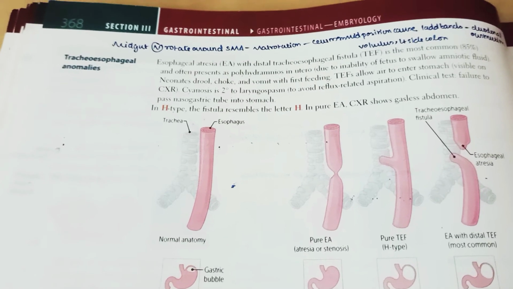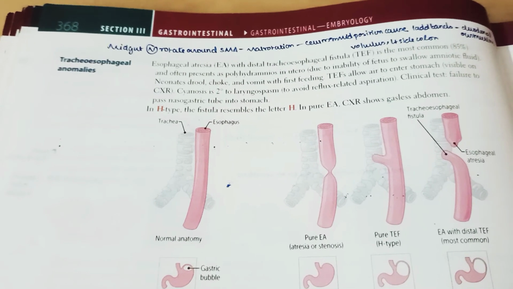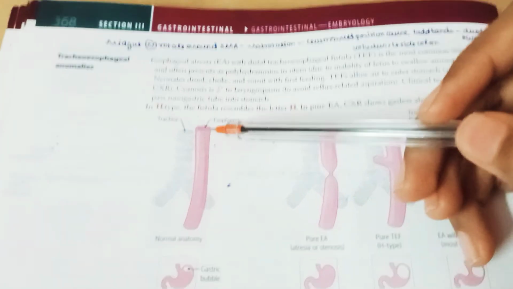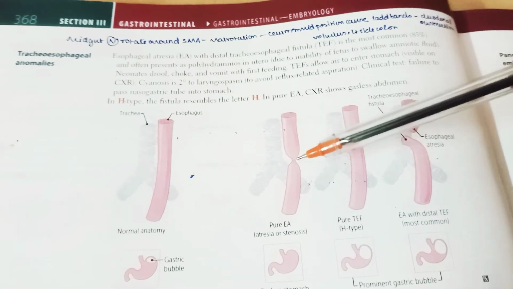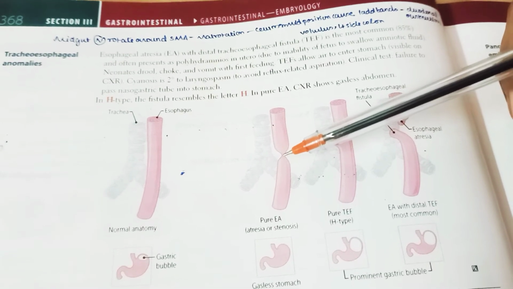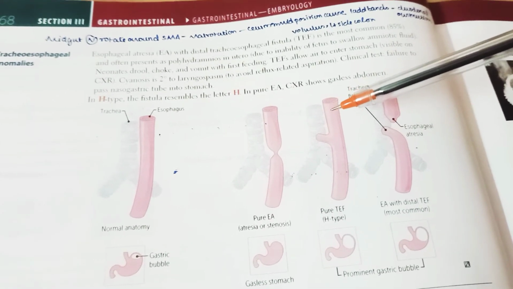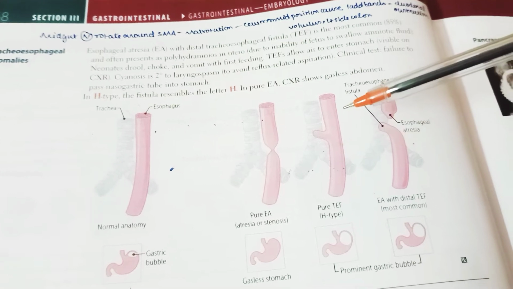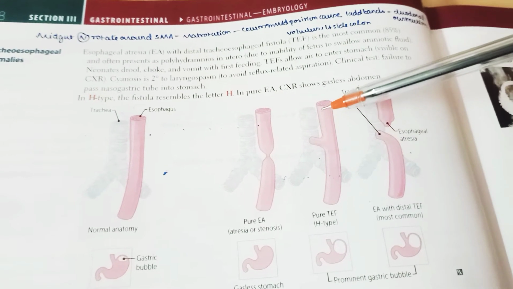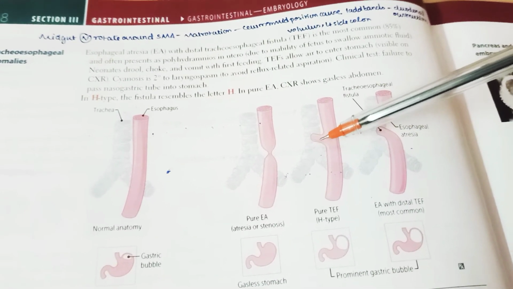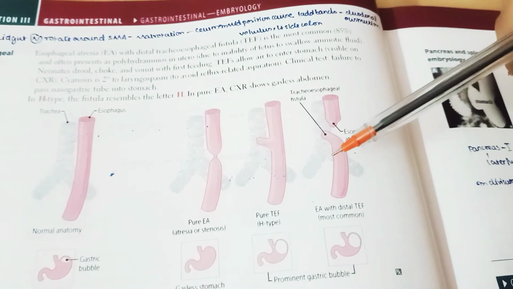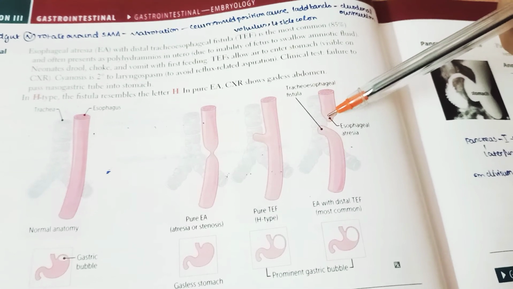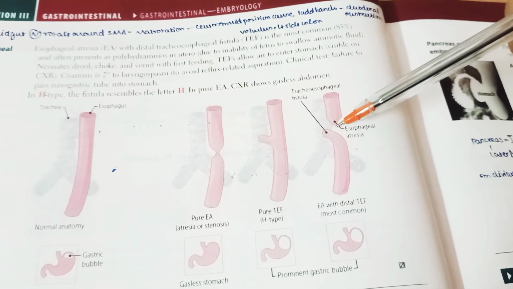Now let us discuss tracheoesophageal anomalies. Normally this is the esophagus and this is the trachea. You can see this is a pure esophageal atresia because of constriction of the esophagus, and this is an H type, where there is a projection from the esophagus connecting to the trachea. And here the esophagus has undergone atresia completely, that is, it is completely blocked,